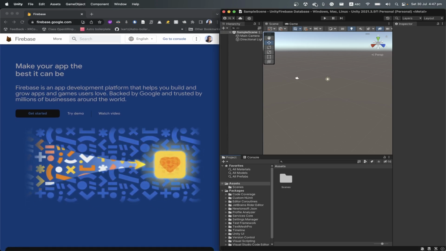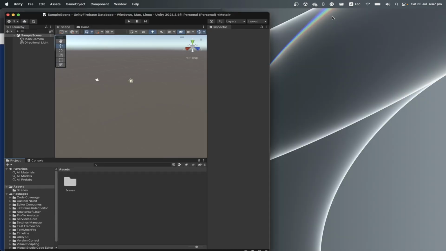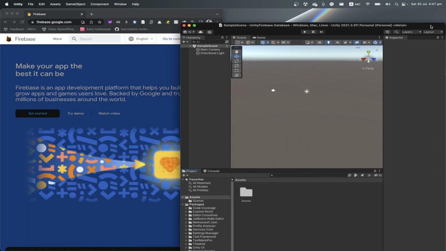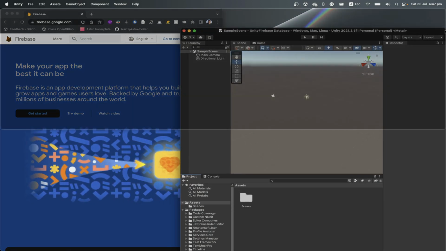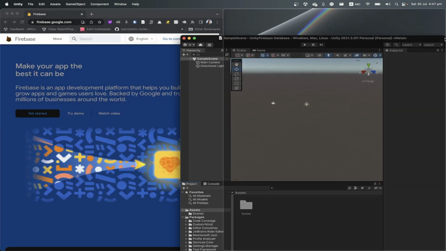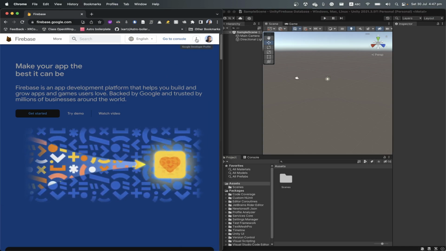So here I have an empty Unity project, so I haven't done anything to it yet. We want to be able to set up a real-time database in this Unity project and see how it can be done. So first thing we want to do is that I want to